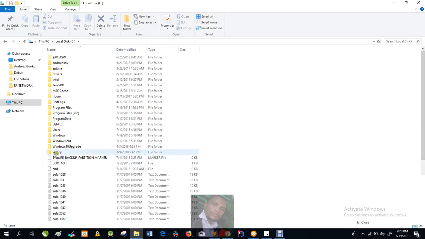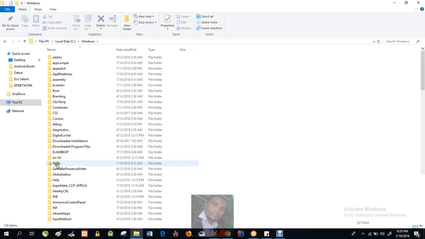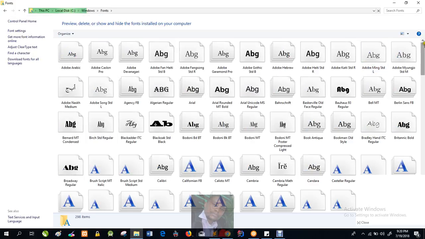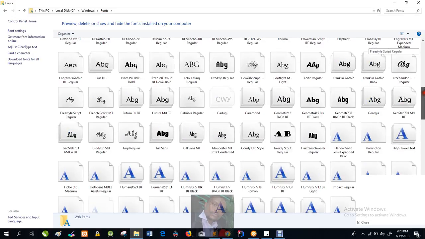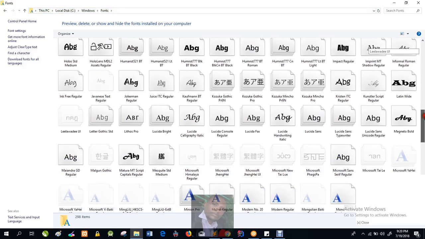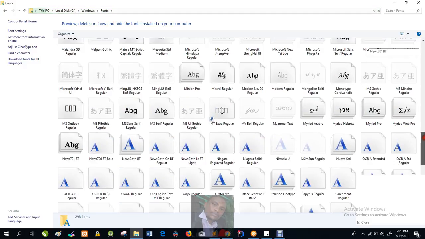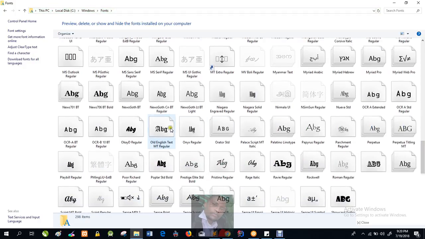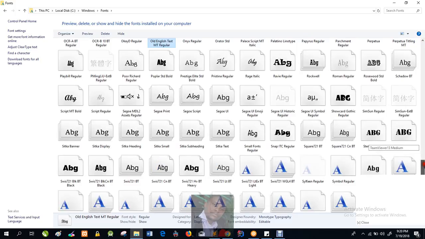the local disk as seen in Windows, and fonts. Either you come here and copy some of the fonts that you may want, and go and use them in your website. For example, I can decide all my H1s will use this font family, and maybe all my paragraphs will use